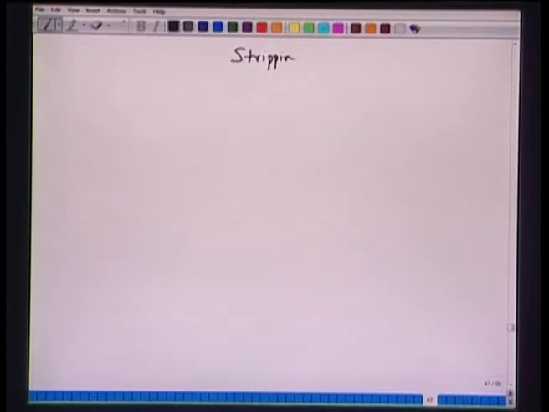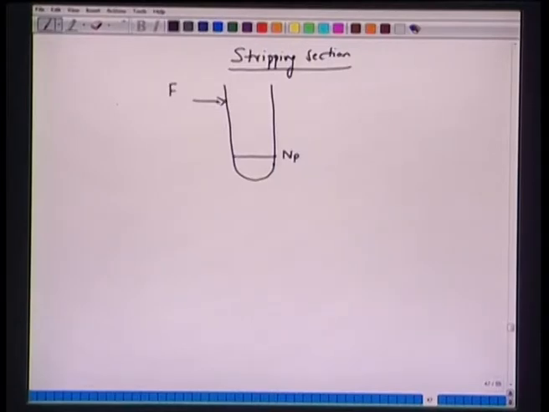So, this is the bottom part of the distillation column underneath the feed plate. So, we have a column like this. This is the last plate. Okay. So, the number of plates is NP here. And the feed, so let us enter here F. So, we have ZF mole fraction, we have HF, all right.